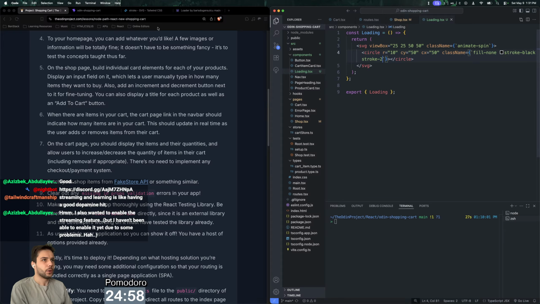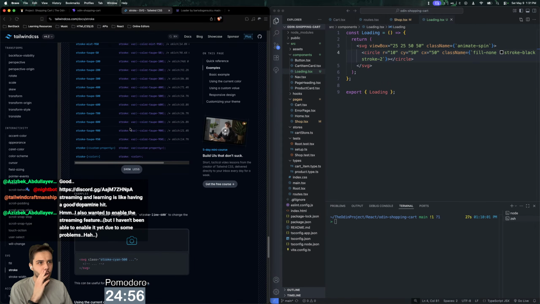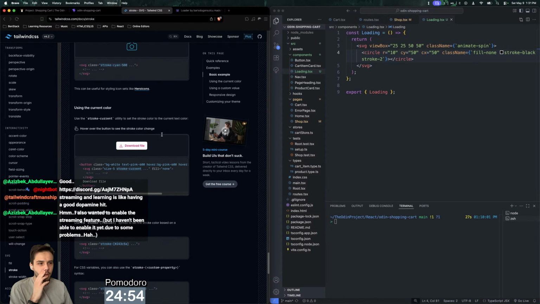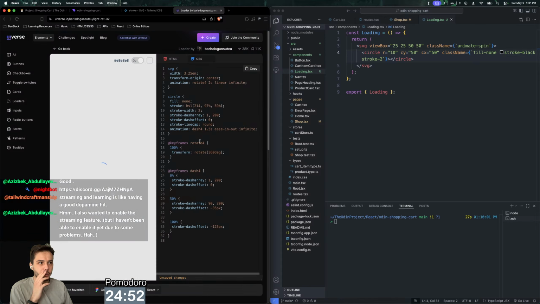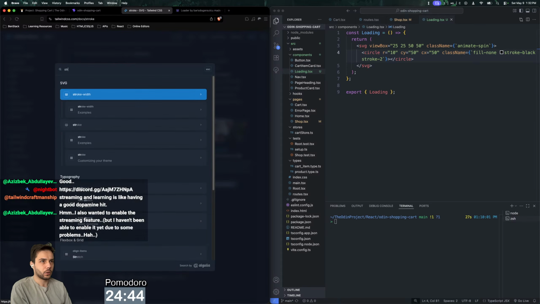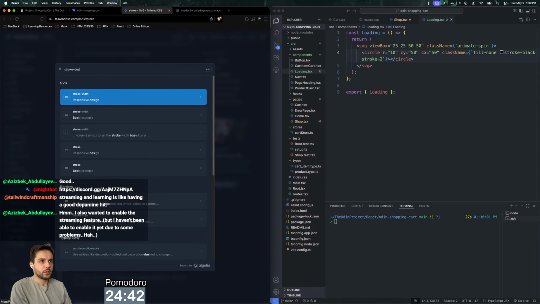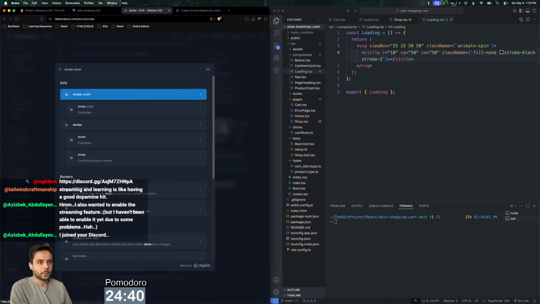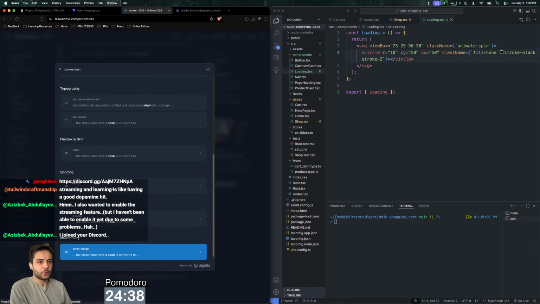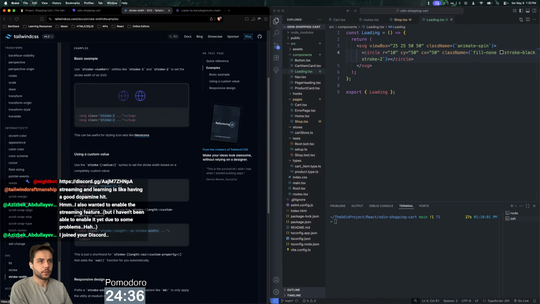Okay, so we have stroke 2, and then we need a way of only partially filling it, right? Which I actually don't know how to do off the bat. So what does it say here? Stroke width, stroke dash array. Oh yeah, the dashes, right? I forgot about the dashes. Okay, so we can do stroke dash, maybe? I don't know if there's a way of doing this inside of